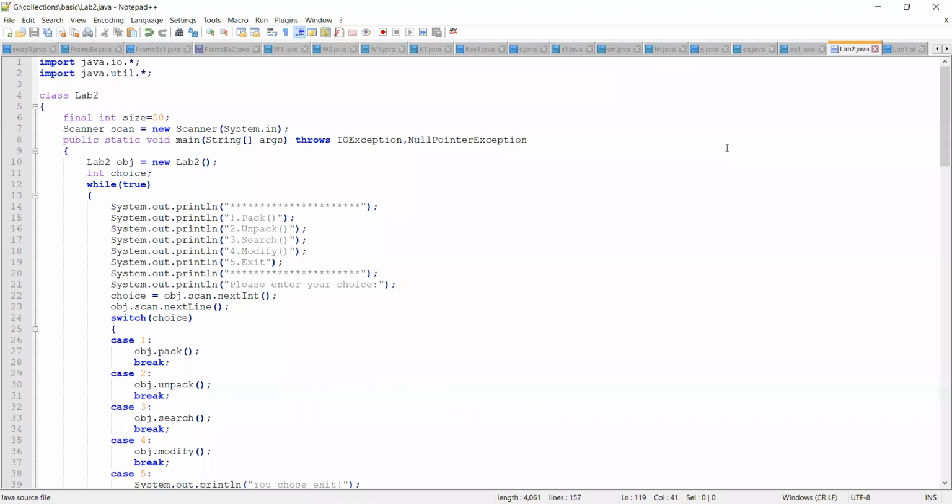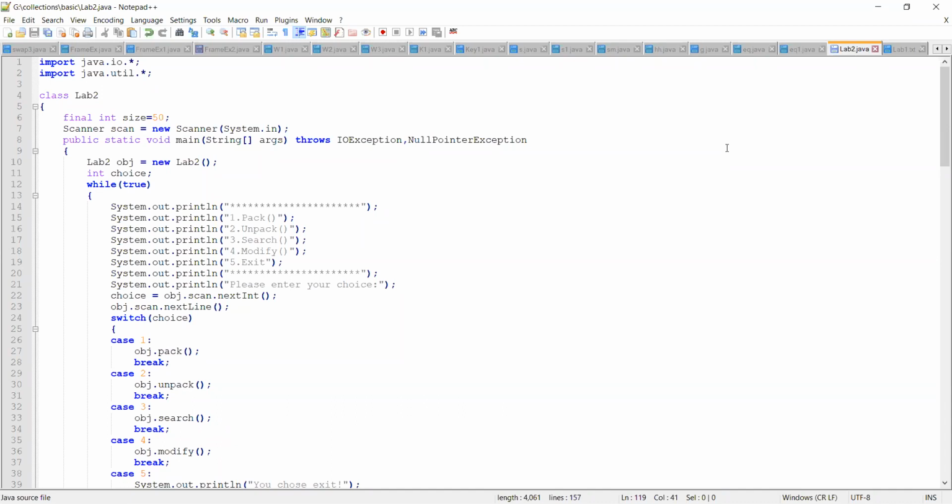First I need to fetch the first record from the file and apply a split function. After applying the split function, I'll get the individual attributes. Among those attributes, my field of interest is the USN. So extract the USN field from that record and check whether the extracted USN is equal to the USN entered by the user. If it is, you can stop your search there itself and display the relevant details to the user, telling them that the record they're searching for is present in the file.